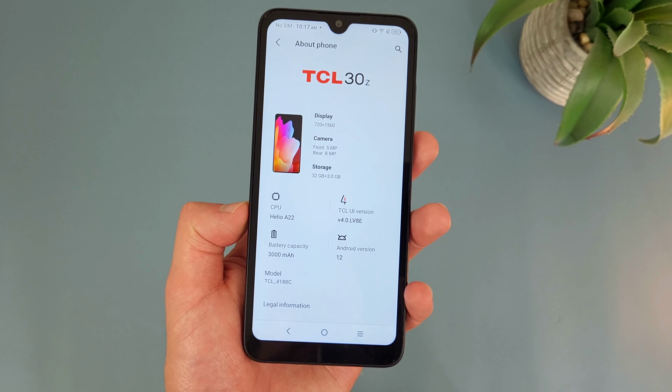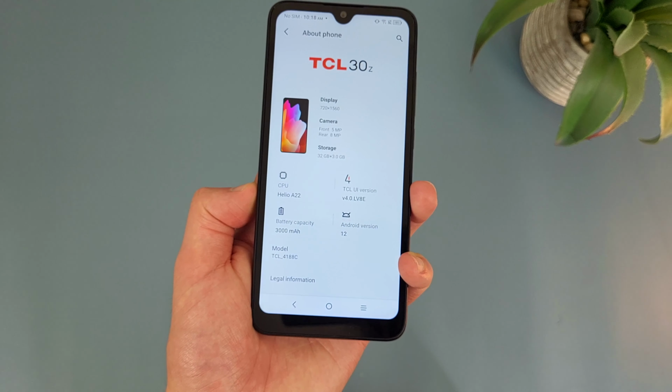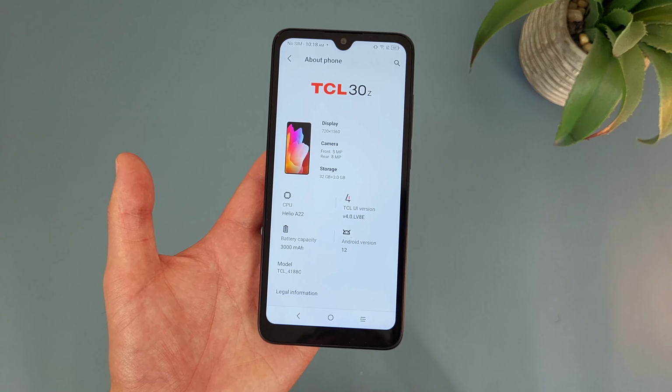Now, when it comes to the software, as you can see, this phone does currently have Android 12, and seeing that it is a pretty low-end device, I'm pretty sure it's not going to be getting any major updates. But that being said, it's definitely not impossible. But either way, for what it is, having Android 12 is at least decent, so I don't really have any